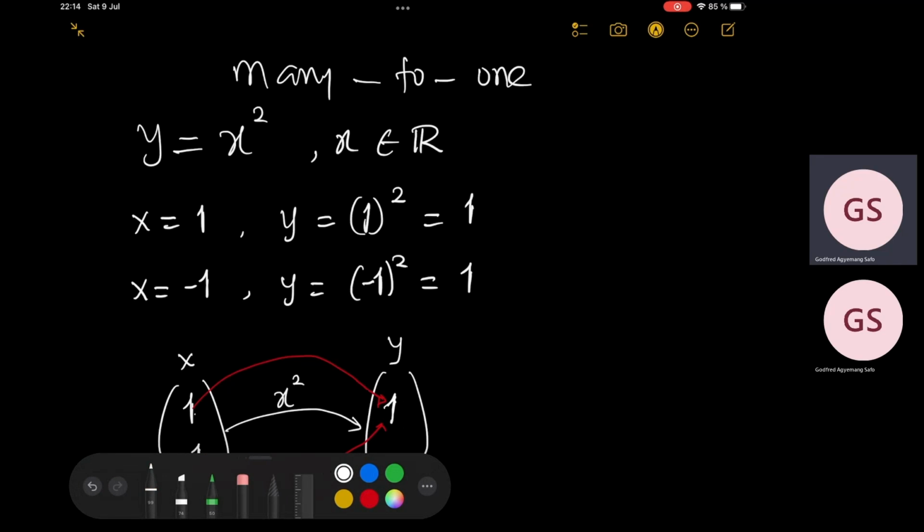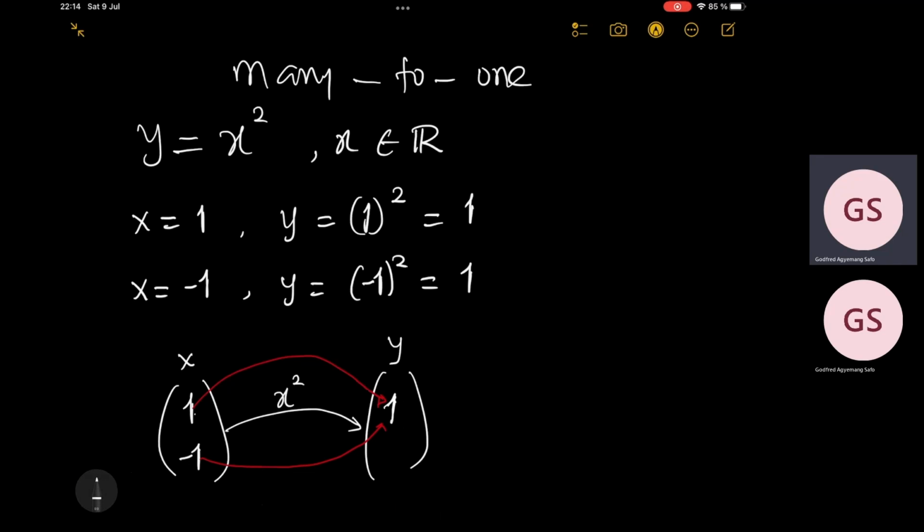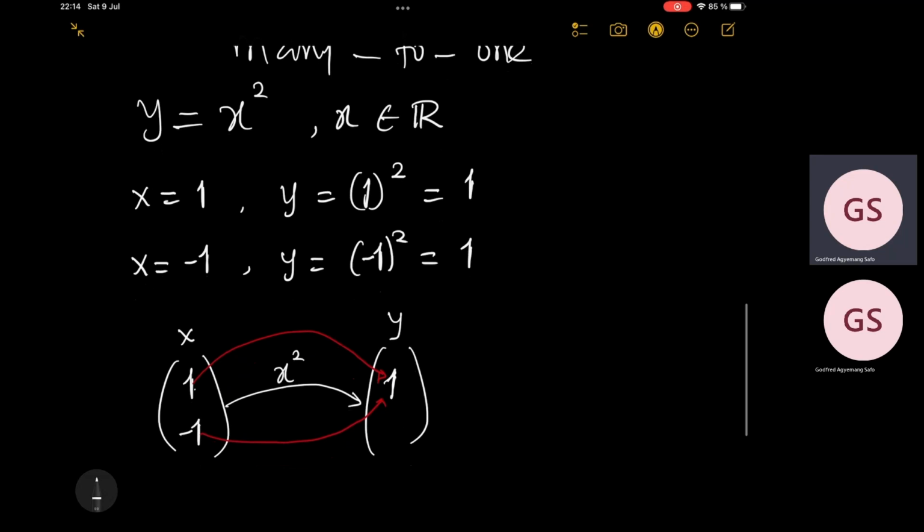So you see we have two values in the set of x, which are mapping to just one value in the set y. This is what we call a many-to-one function. So it has one output value for each input value, but each output value can have more than one input value. That is many